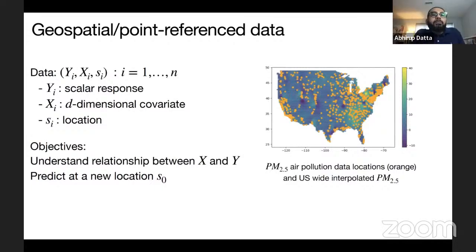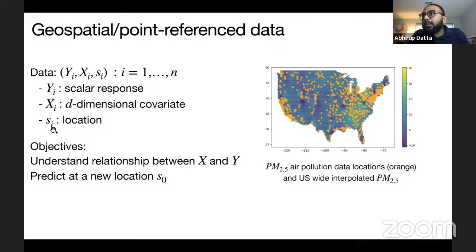Thank you. The standard data unit in a geospatial analysis is a triplet. You have the response or outcome variable y, and in this talk, I'm only considering univariate responses. Then you would have a multivariate set of covariates x. Let's say there are d many covariates, so x_i will be a d-dimensional vector. And then you would also have the information about the location where the data was collected.